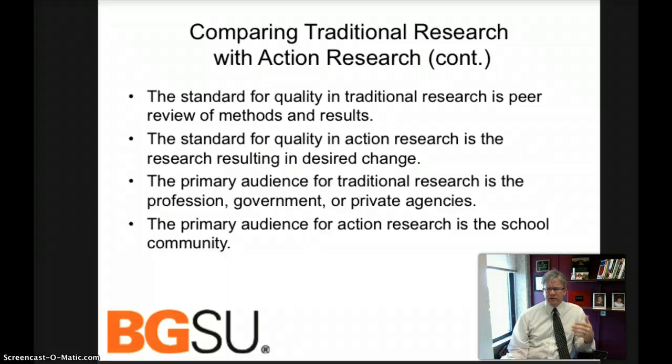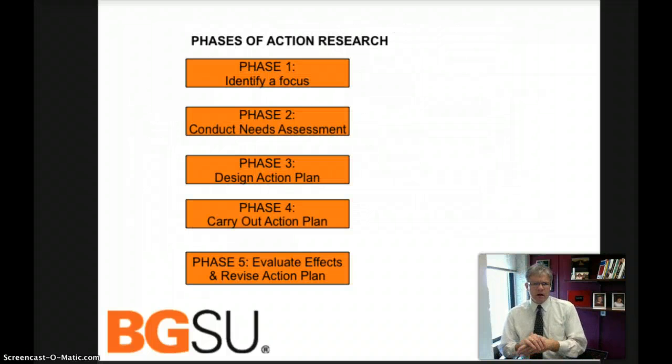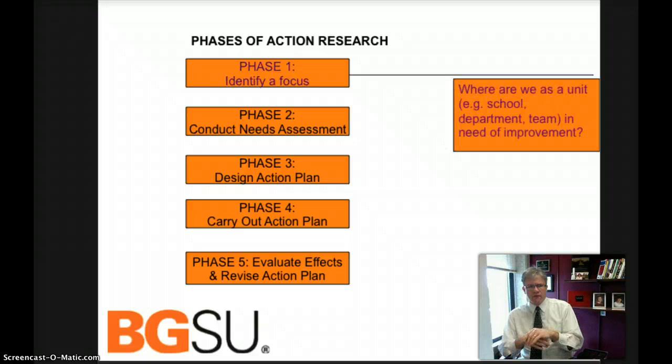So the next thing we're going to talk about are the phases and the ways in which we go about conducting action research and what those phases mean. Here are the 5 phases that have been identified for conducting action research. Identify a focus, conduct a needs assessment, design an action plan, carry it out, and then evaluate and revise. Okay, so in phase 1,